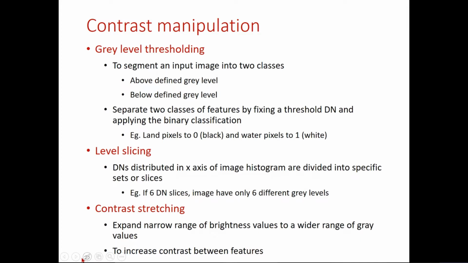So within the same feature, suppose water itself, instead of assigning one particular gray value or one particular DN, you stretch it further. You do a linear stretch to those DN values. So within the same feature itself, you will have more classifications. Maybe water with a particular level of turbidity, water with some oil spill on it, water with a particular amount of algal bloom, a particular amount of phytoplankton. So within the same feature itself, you can stretch the DN range or that histogram range, and you can enhance its contrast, so that within the same feature you have improved interpretability, probably I can say like that.